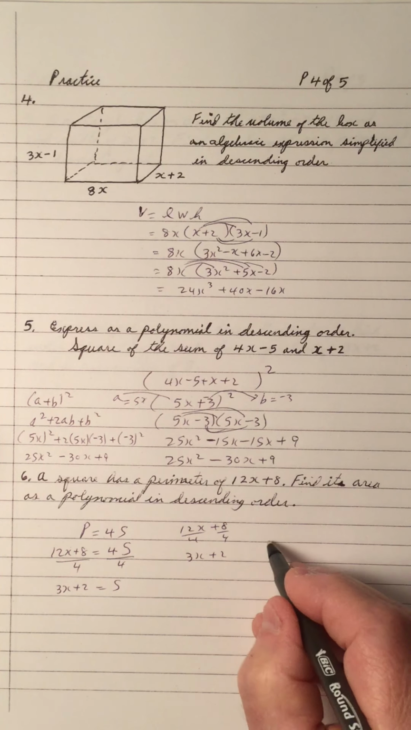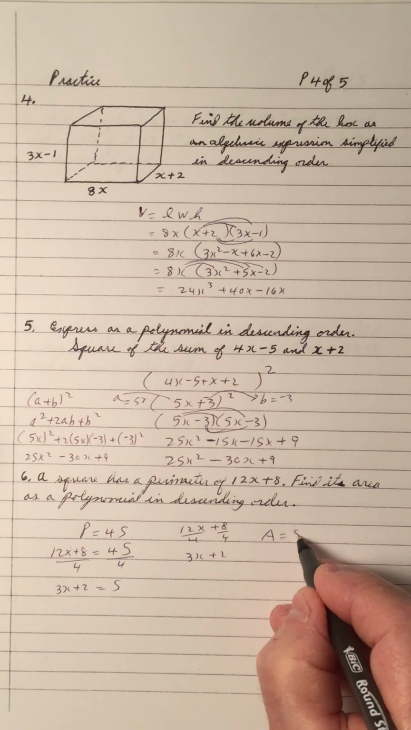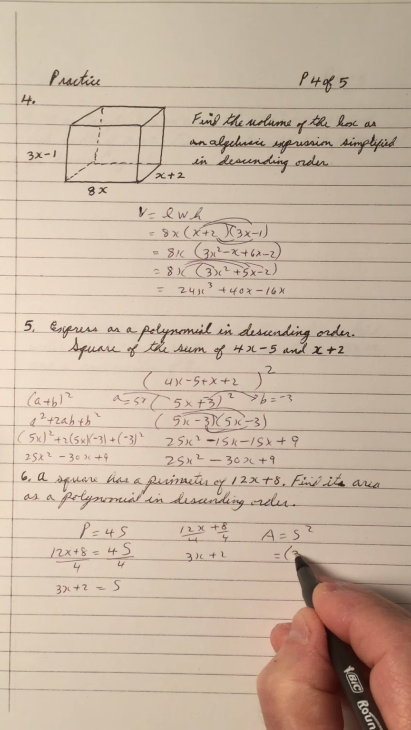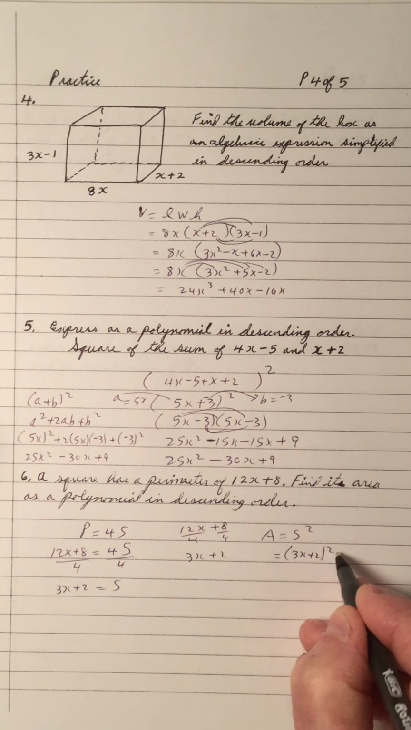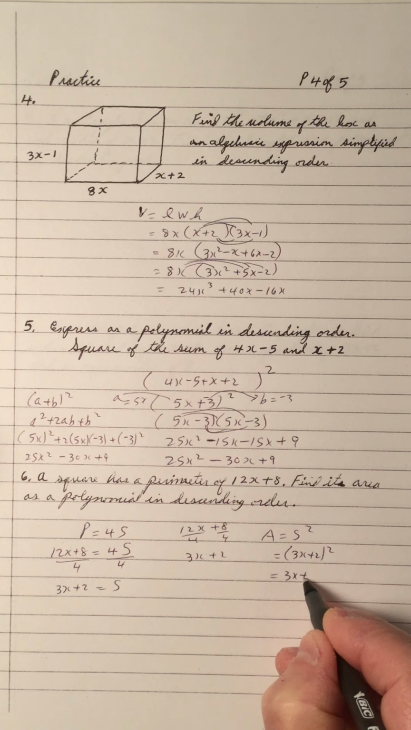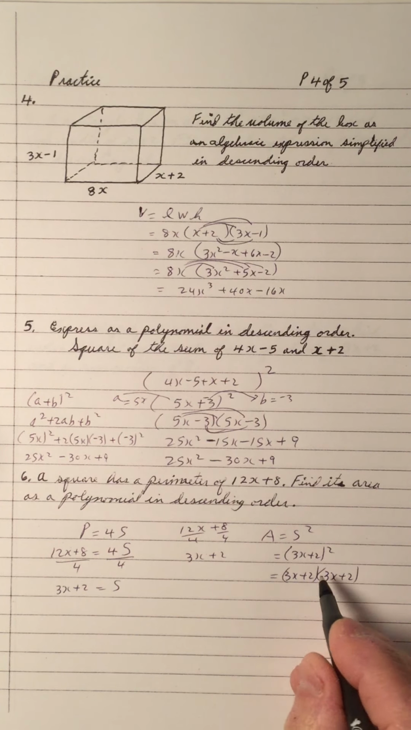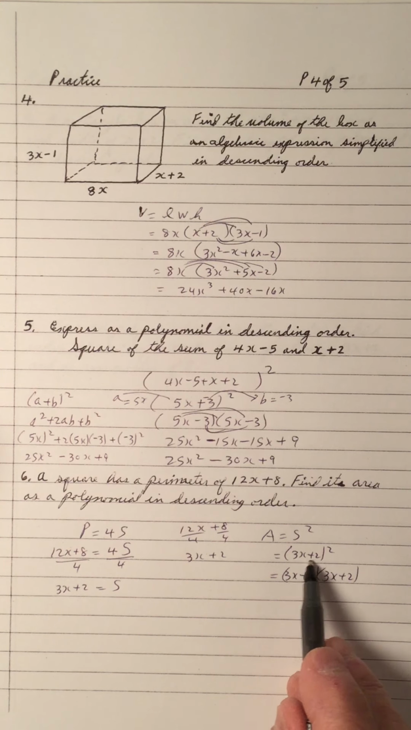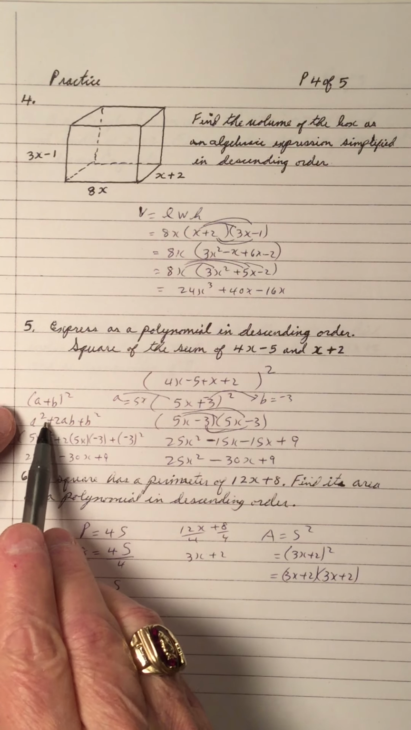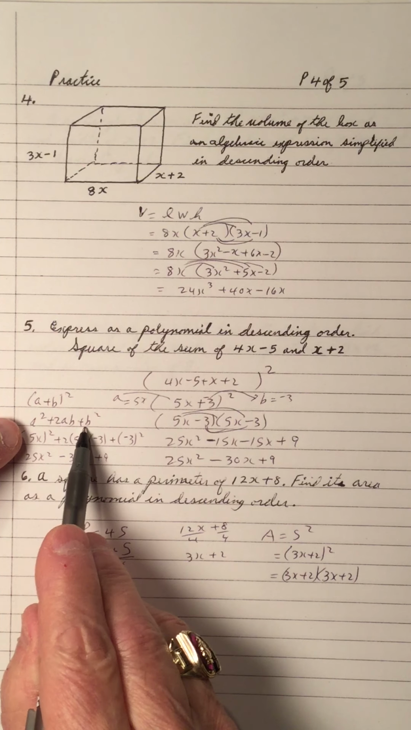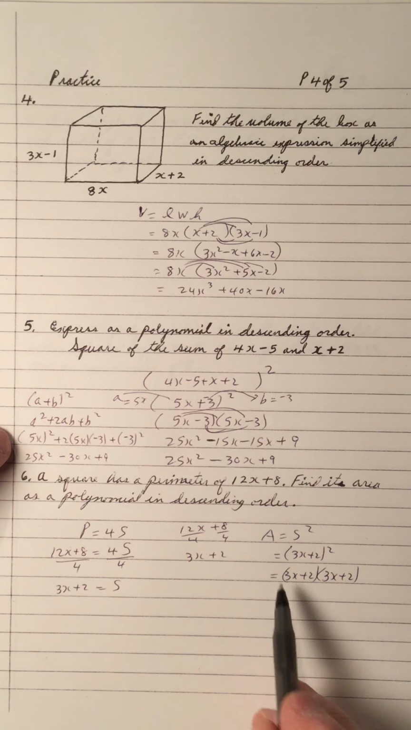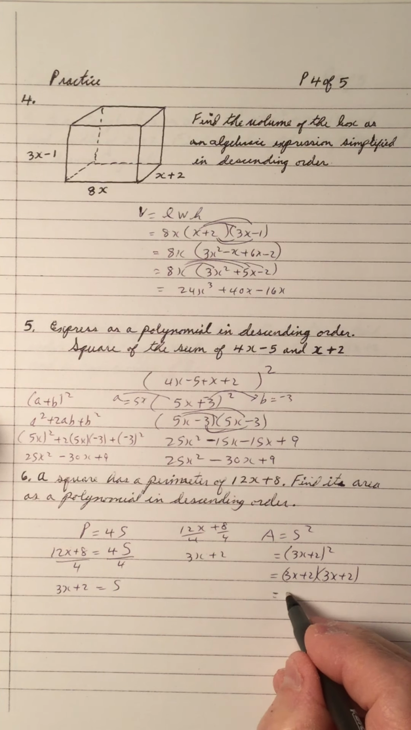So if that's the side, the area of a square is s squared, so it's 3x plus 2 squared, which is 3x plus 2 times 3x plus 2. Again, most students wouldn't think about doing a squared plus 2ab plus b squared, but it's good practice. They would do FOIL first,